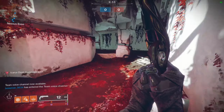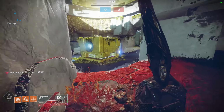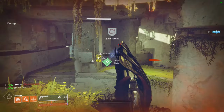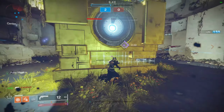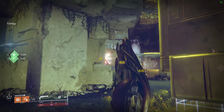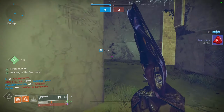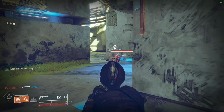Specifically in September, we had a lot of big changes. Recoil patterns were changed pretty much across the board for all hand cannons to help with bloom issues, I believe. That's why they originally did it. We had some range nerfs, like maximum range with range drop and fall off and stuff like that is. But yeah, so again, I slowly have just been trying all different hand cannons over the past